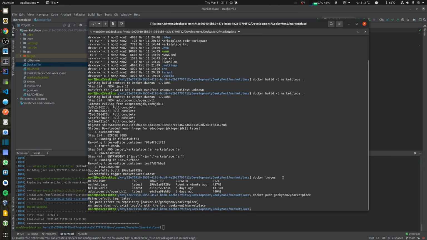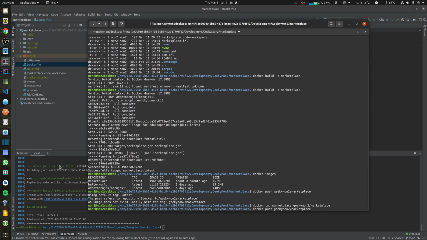Okay, so before I can push, I just need to tag my image with the appropriate name. So I'm just going to say docker tag, and my image name is marketplace, and I'm going to tag it with GeekyMontu/marketplace.